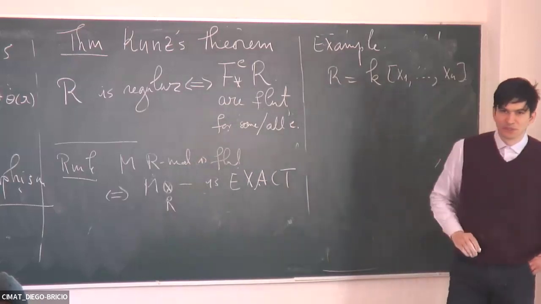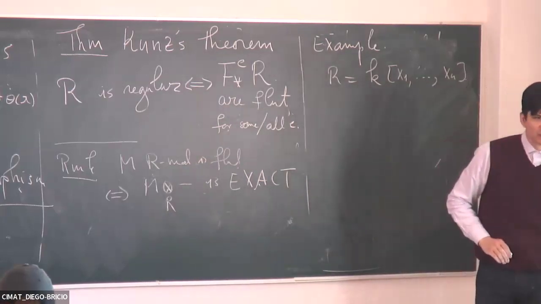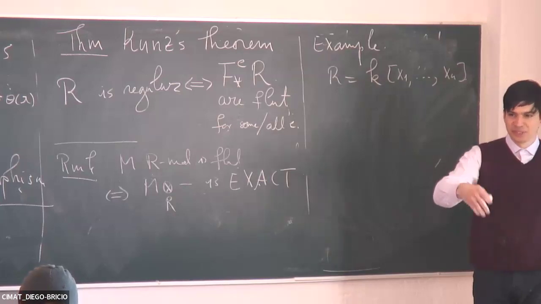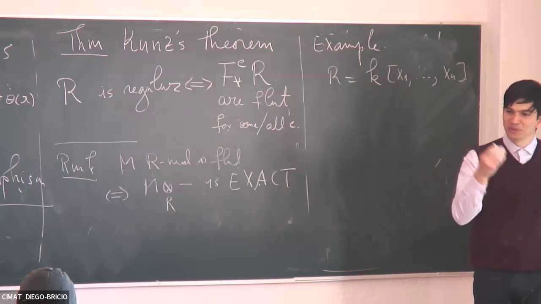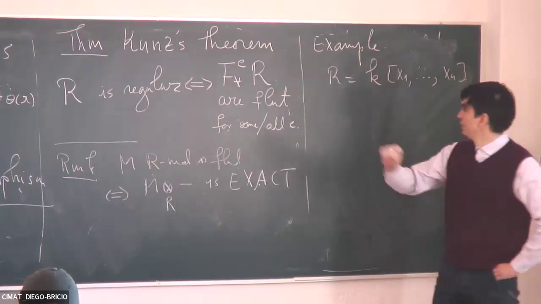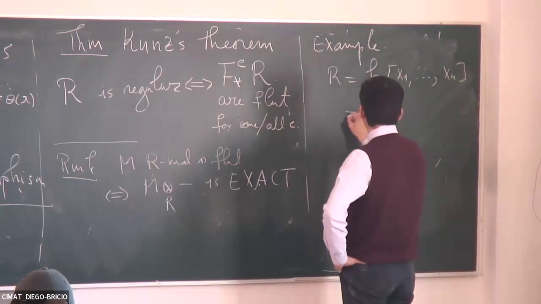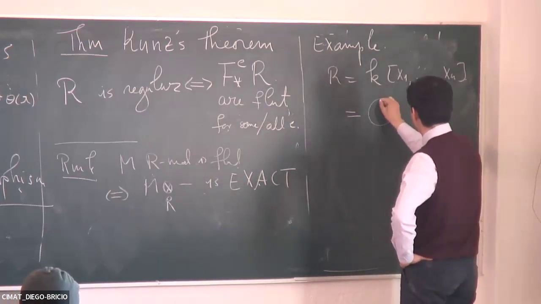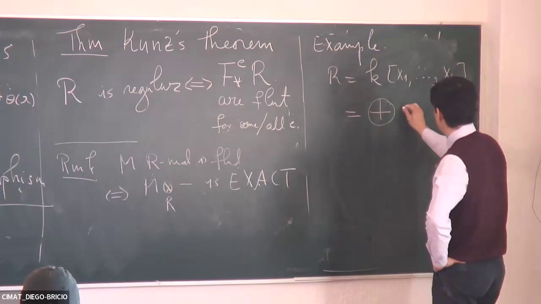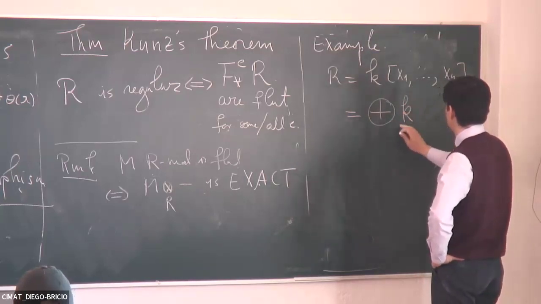For example, this was the first ring ever for which finite global dimension was shown. This is the Hilbert syzygy theorem, right? Which we now think of as the notion of regularity, finite global dimension. I said the other day that this ring can be thought of as a direct sum